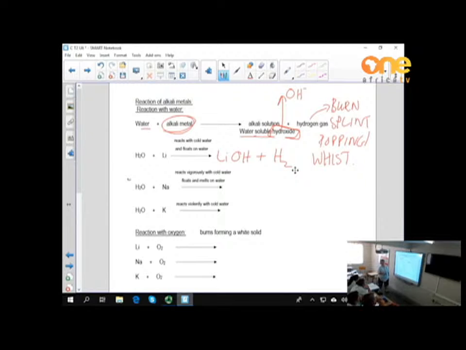We have to balance. 2 hydrogens, we have 1 and 2 hydrogens there. So on this side I have 3 hydrogens and on this side I have 2 hydrogens. Okay, lithium I have 1, lithium I have 1. I have 1 oxygen, that seems to be okay, but we have a problem with the hydrogens. How am I going to do this? If I put a 2 in the front, how many hydrogens will I have? 4. Okay. How many oxygens will I have? 2. So, if I go and put a 2 there,